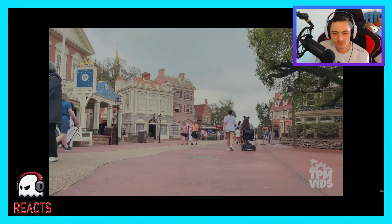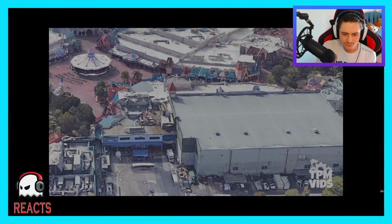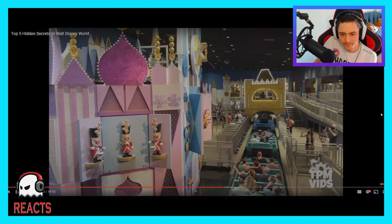This is also why there's a gradual incline as you walk from the Haunted Mansion to the Tangled restrooms in Fantasyland. Here in this construction photo, you can see the Utilidor entrance while Fantasyland is being built on top of it. And to the right of the Utilidor entrance is the show building for It's a Small World. This is actually built on ground level. That's why you need to walk down all...